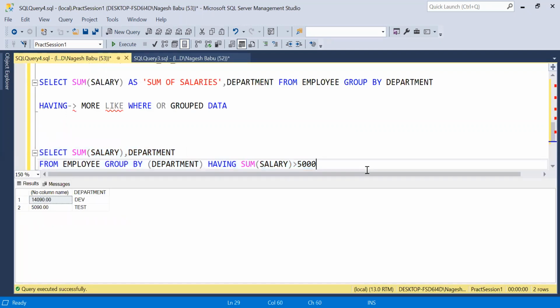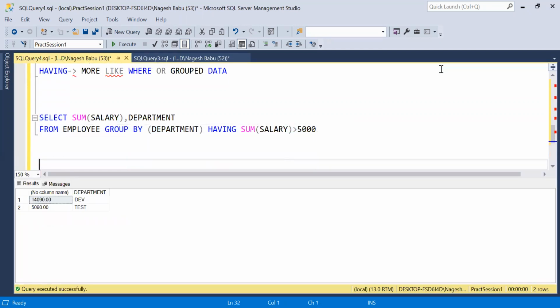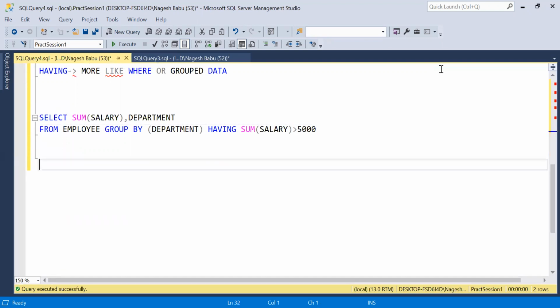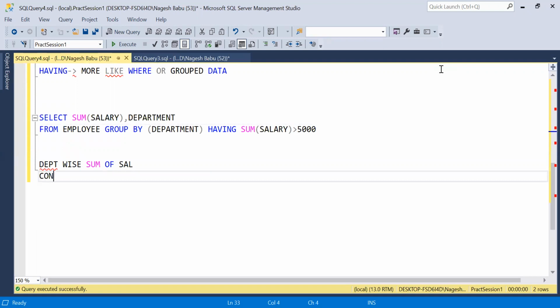So my requirement, I'll note it down here: department-wise sum of salary and consolidated salary. I want all this in one place. So I don't have any other option other than